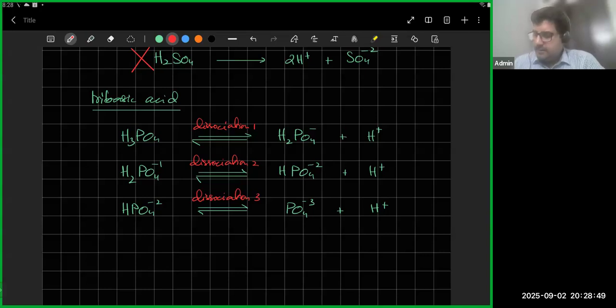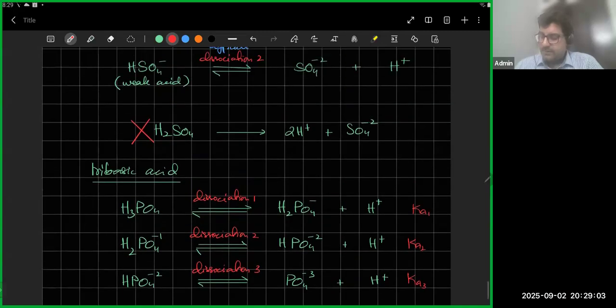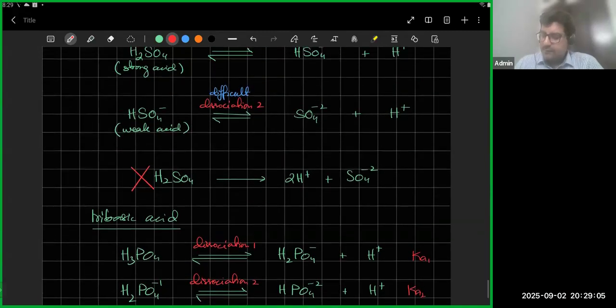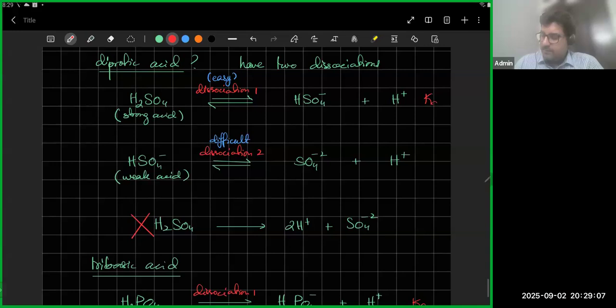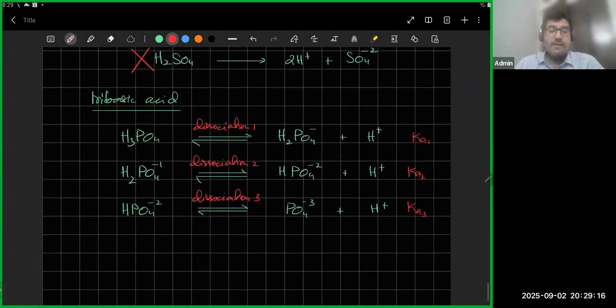And based on that, there'll be 3 different equilibrium constants: Ka1, Ka2, and Ka3. There'll be 3 totally separate dissociations. You see, for sulfuric acid, you're going to have 2 dissociation constants, Ka1 and Ka2. So for dibasic and tribasic acids, you'll have totally separate constants. And the same thing, what will happen is,